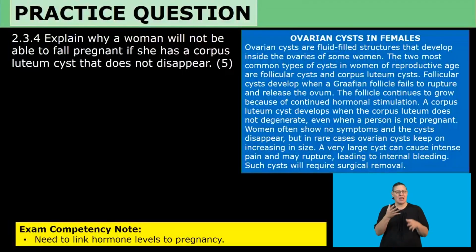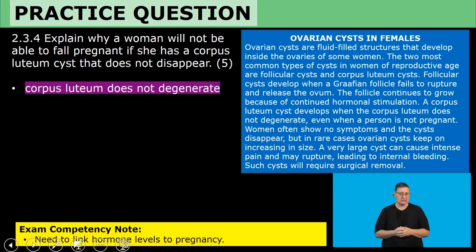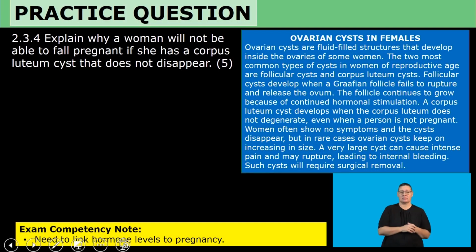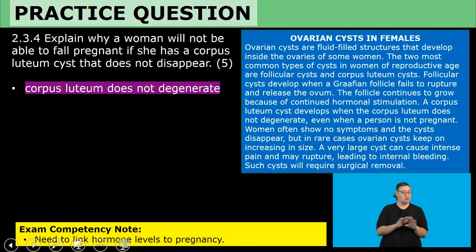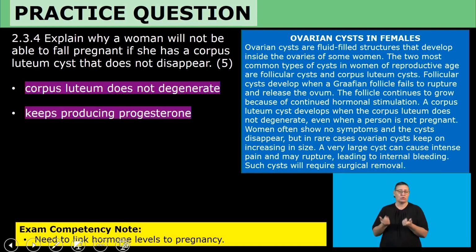2.3.4. Explain why a woman will not be able to fall pregnant if she has a corpus luteum cyst that does not disappear. 5 marks explaining. You cannot lose these marks. 1 mark, corpus luteum does not degenerate and keeps producing progesterone,